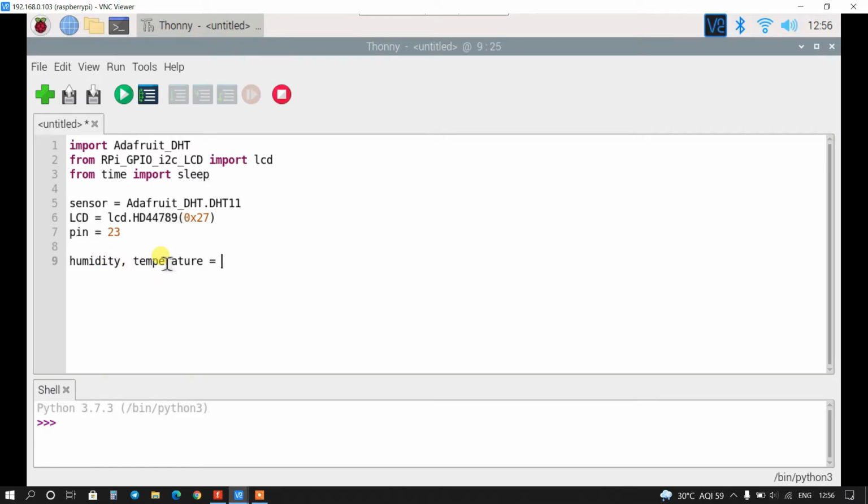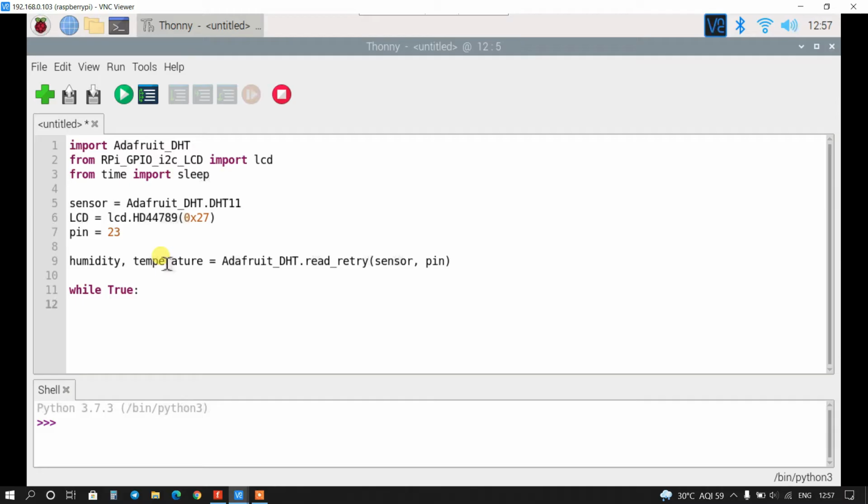Adafruit_DHT.read_retry. I will pass here the sensor object and pin. And now I will use a while loop. It will be infinite, so it will be True.